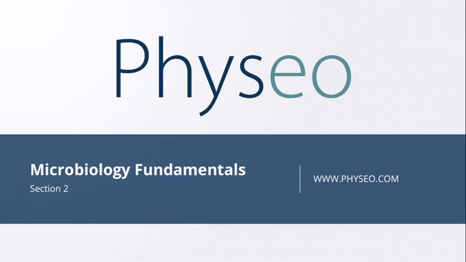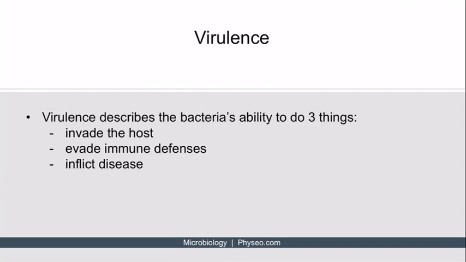Welcome to Section 2 of Microbiology Fundamentals. In this section, we'll be discussing virulence. Let's get started. Virulence describes the bacteria's ability to do three things: invade the host, evade the immune defenses, or